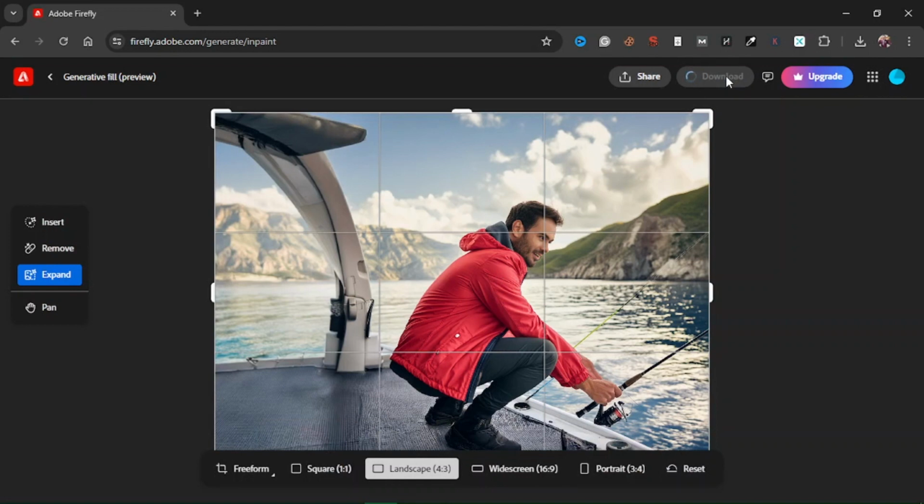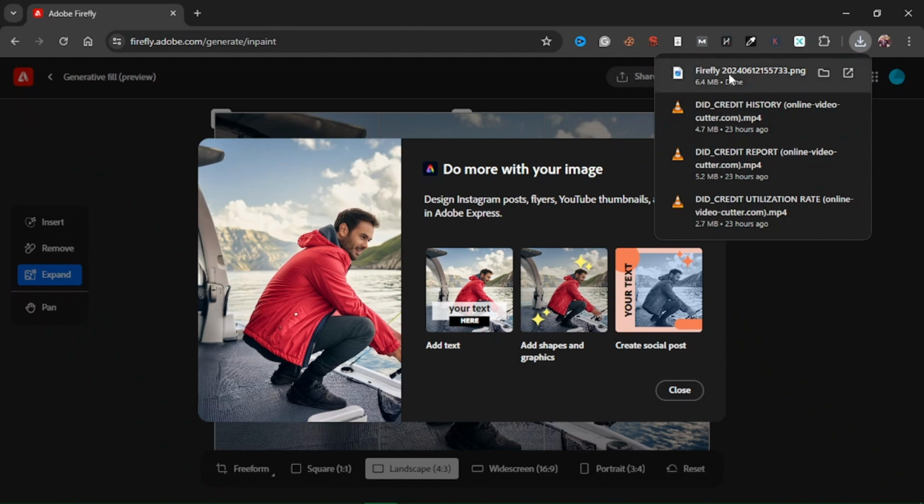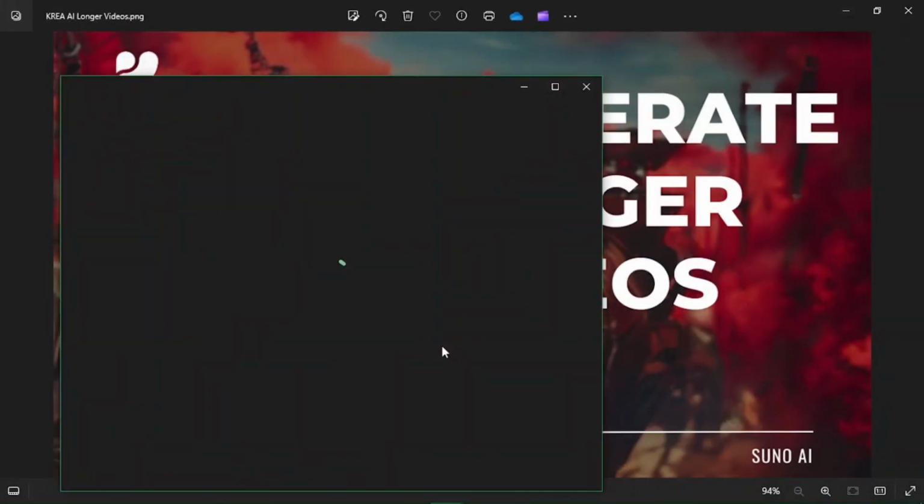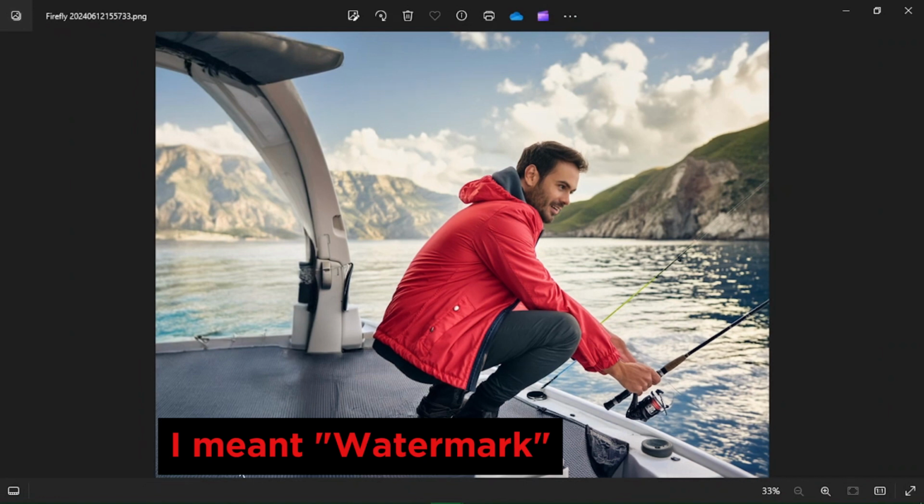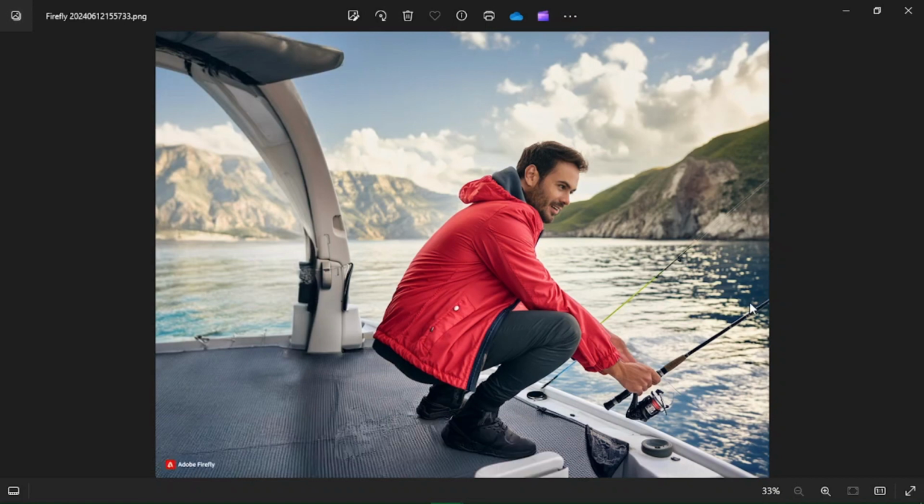Now, to download, all you need to do is click on download. But then Adobe has added an aspect where it's going to show you a thumbnail specifying that this was created using Adobe Firefly. And their reason is because people can generate stuff and make it look like it's real, and since it's AI, there has to be some sort of disclaimer that this was generated using AI. So if it was a real image, let's give this a try also using